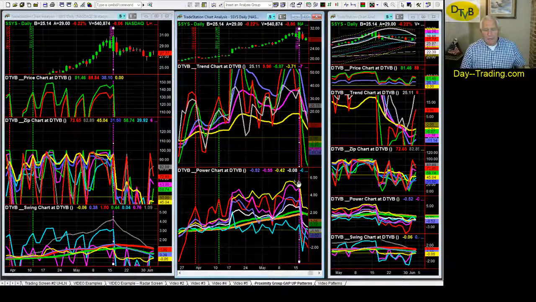We have the same type of BOC patterns in power yellow and power pink, blue, red, white, and Zion. I mean, the whole thing is just loaded full of those BOC patterns on a peak, which tells us the next day it's going to go down. So you can read these things fairly easily. You just need to think them through. You need to think about